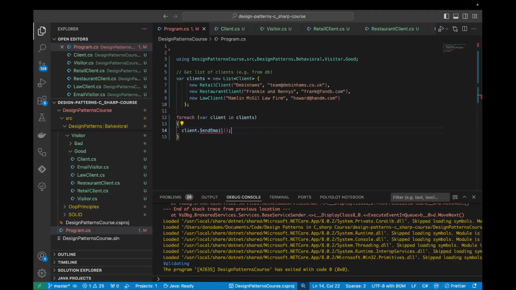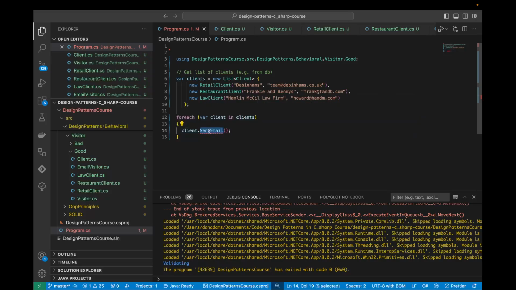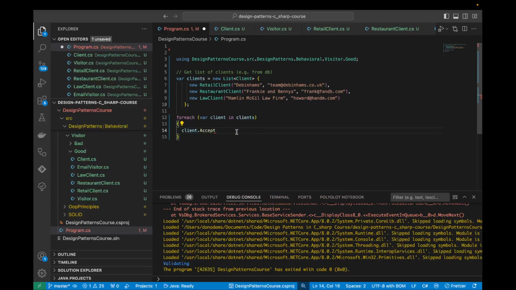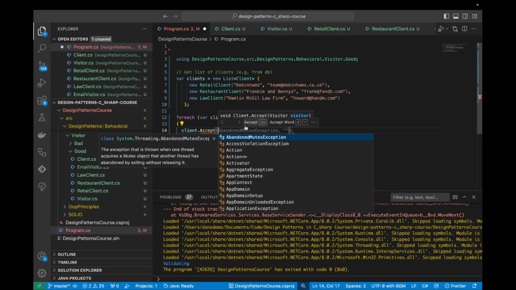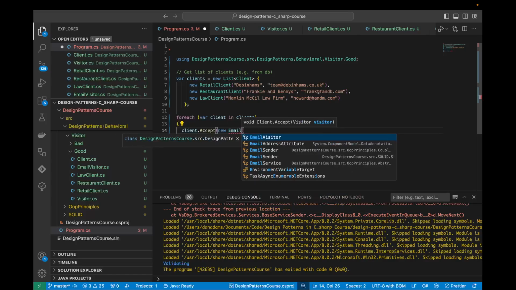And what we can do now is we can again loop through each of our clients. And now remember that the send email logic is no longer stored on the client objects themselves. We've separated the behavior, which is send an email in this case, from the objects on which they operate, which are each of the unique specific client objects. So now what we can do is we can say client.Accept, and then inside of this Accept method we can pass any type of visitor. And in our case we want to pass an email visitor because we want to send an email to each of the clients. So we can pass the email visitor,